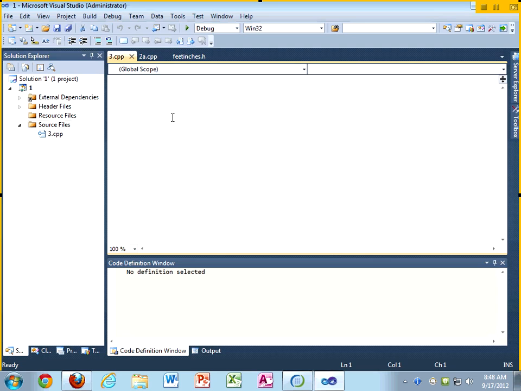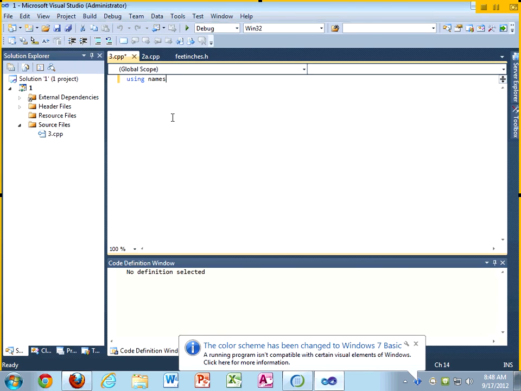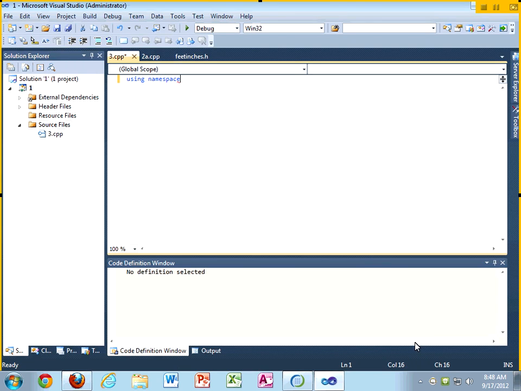Okay, so here's the syntax for creating a namespace. Just at the top of my file, I'm going to say using namespace std. Sorry, that's totally wrong. Totally spaced out for a second there. Okay, I'm back. Namespace. I could say something like Dave's feet inches,